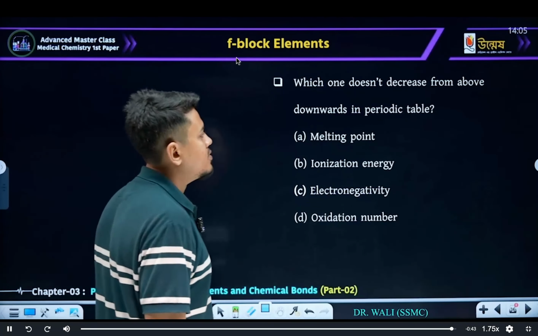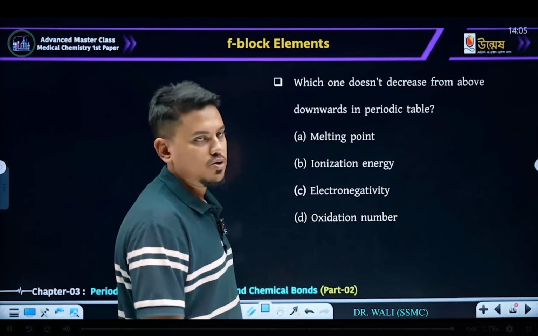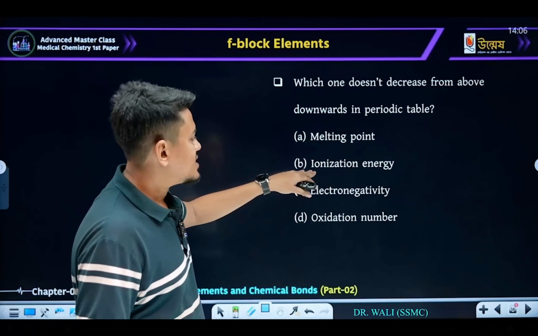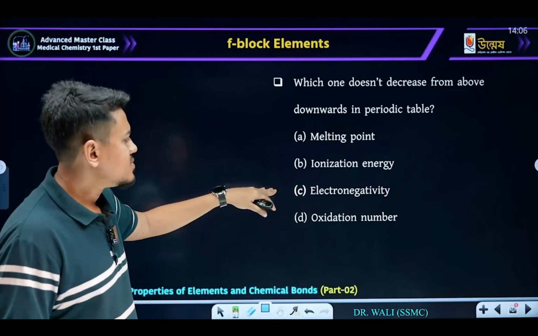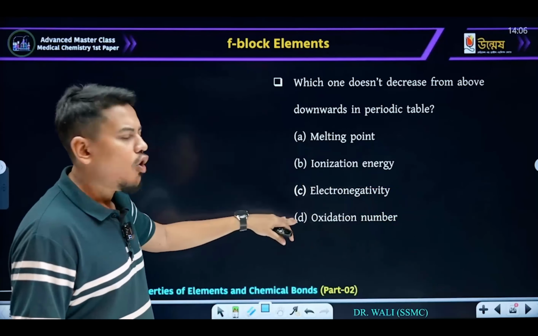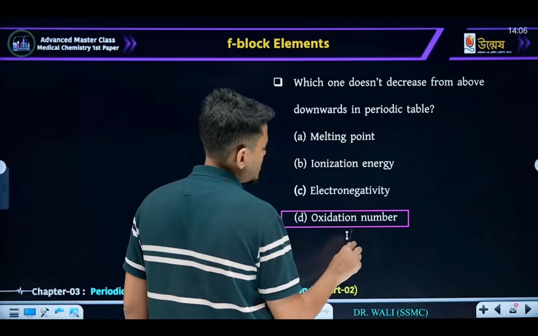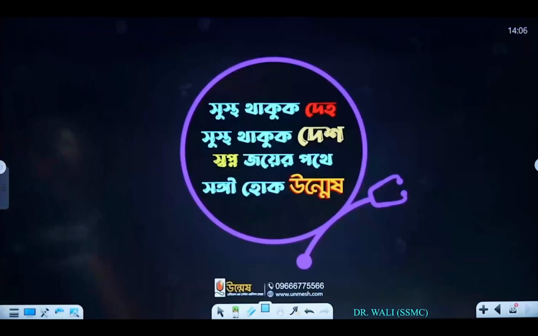Which one doesn't decrease from above downwards? From top to bottom in the periodic table, which does not decrease? Let's see. Melting point gets decreased for metal. Ionization energy gets lower. Electronegativity gets lower. Oxidation number does not change in a group. So the answer will be D. Oxidation number does not change within a group. It changes within the period. So with this,